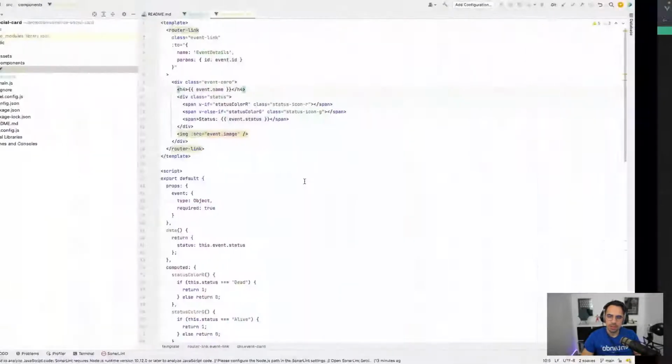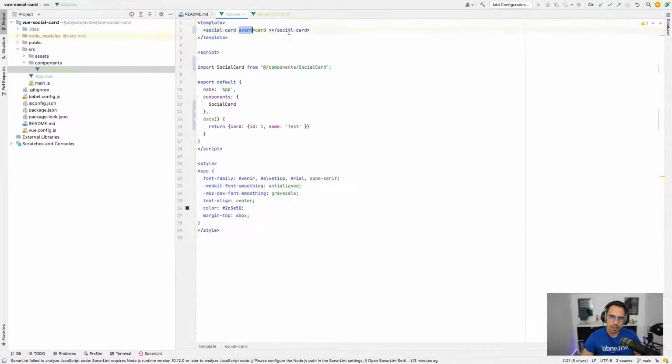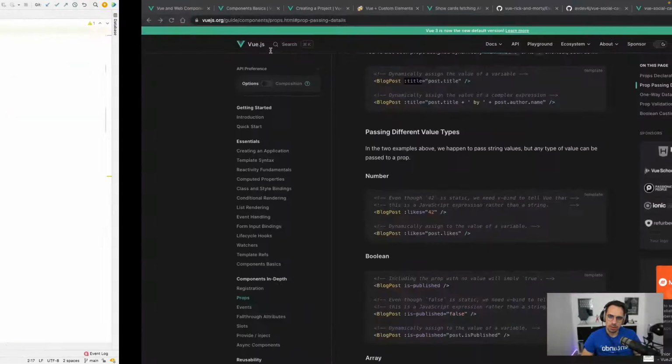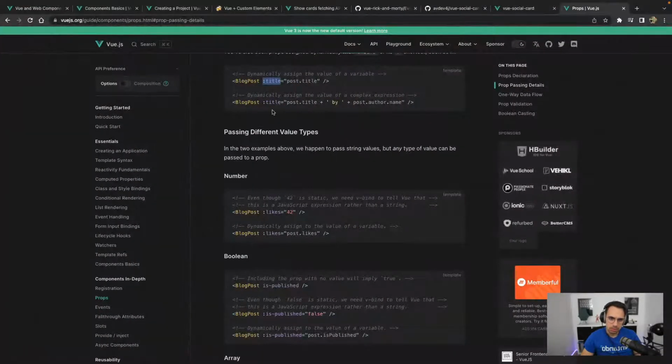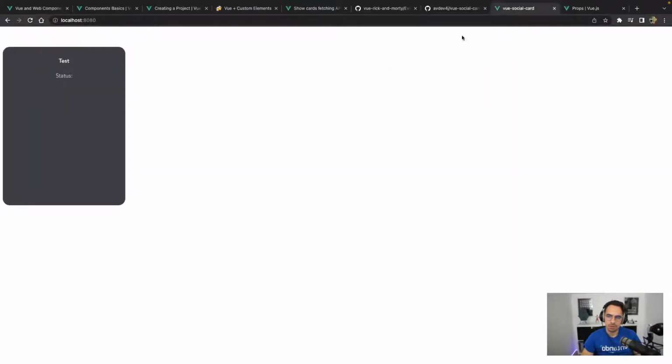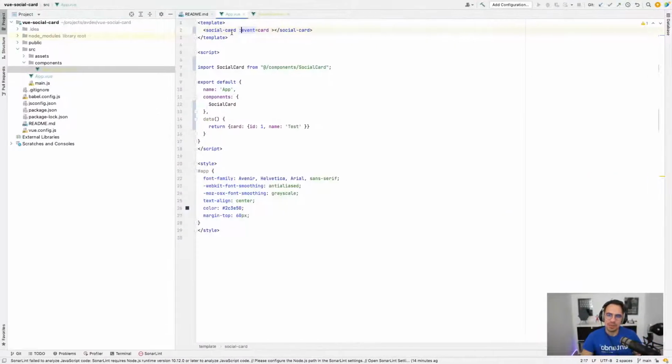So that will mean I can do something like event. Yeah. That is working. So what we need to do is to bind it, because I'm not using the